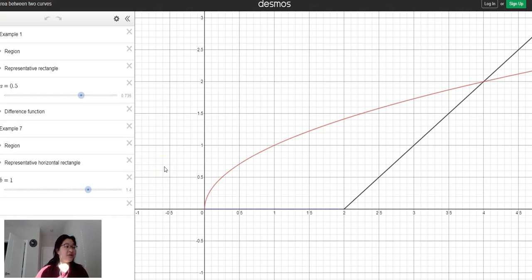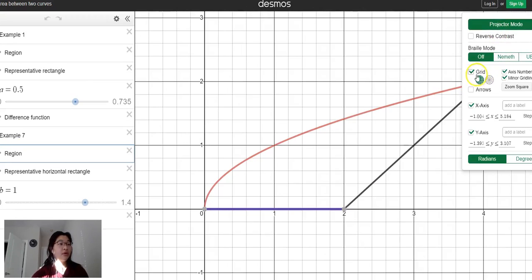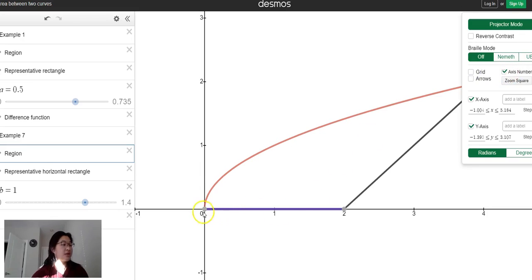So, look at this region where we have an upper function and a lower function, but it's kind of piecewise. So our lower bound, because this is purple, I'm going to make that bolder. Okay, so we have this purple part, and we have this black part, which are both our lower bounds, and our red part is our upper bound. So in order to find the area bounded between these three curves, we need to think about it a little differently. We can either think with vertical rectangles,